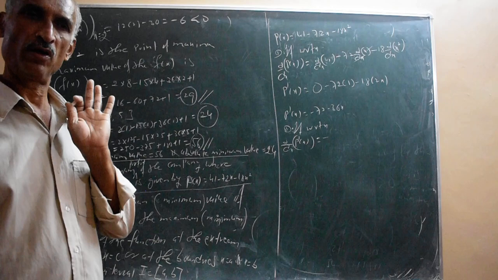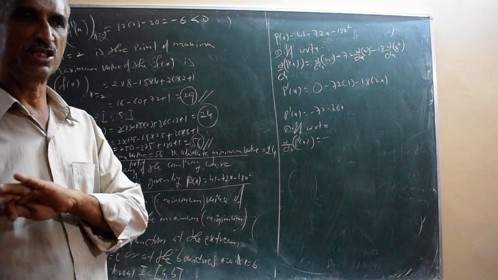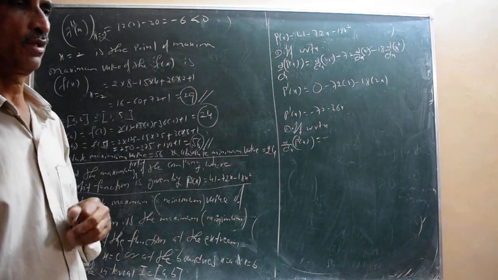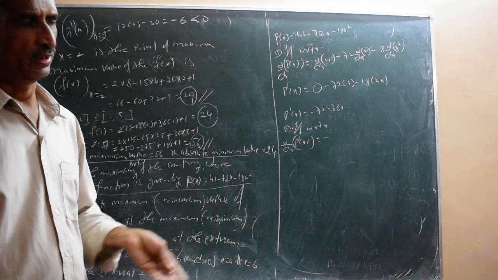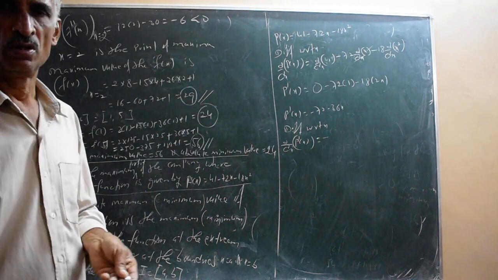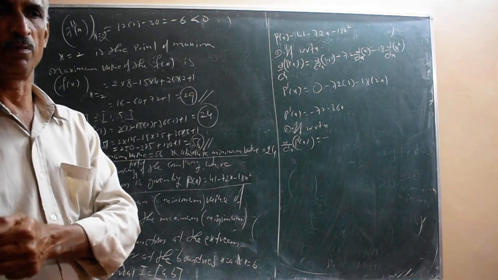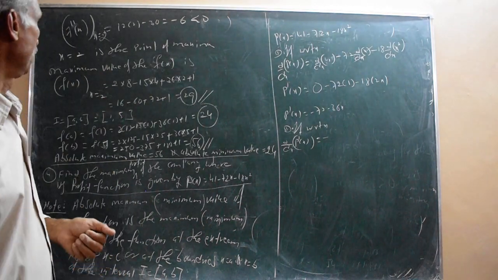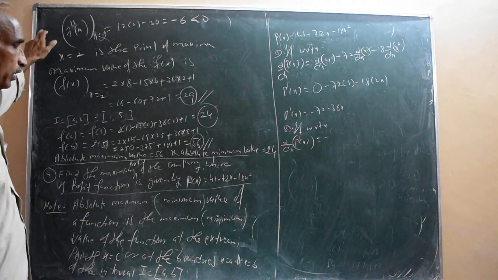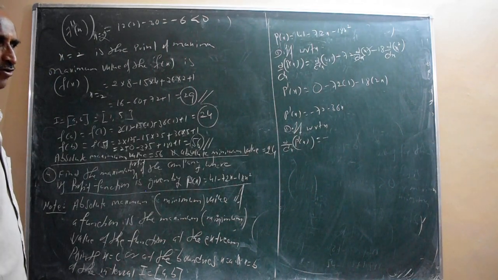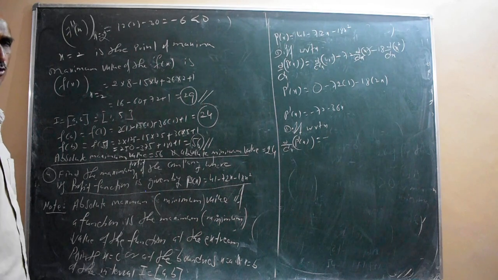So of course, among that, one is maximum and one is minimum. Usually problems will ask to find the maximum and minimum values. That's why I have completed the problem by taking the second order derivative, to find at what point the maximum is there and at what point the minimum is there. Actually, f double dash of x is not necessary to work out the values of absolute